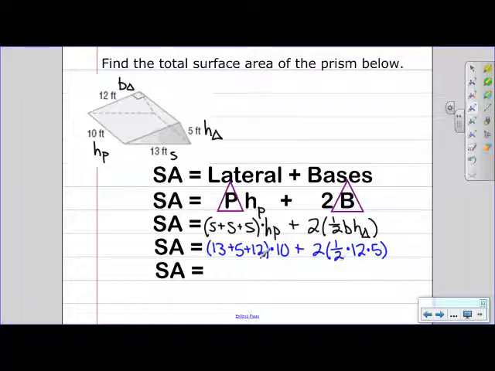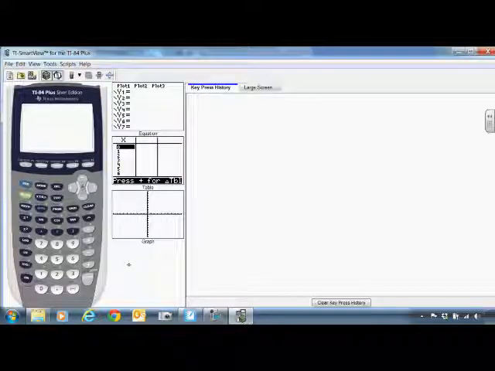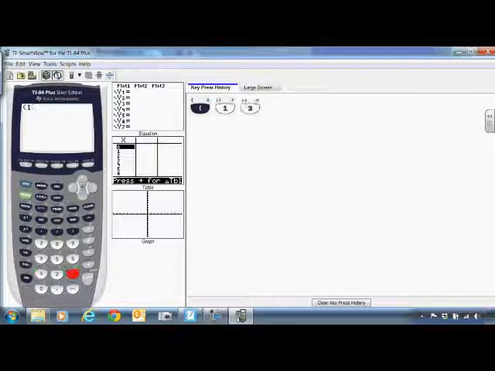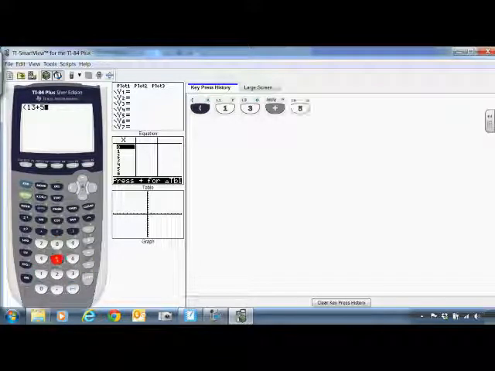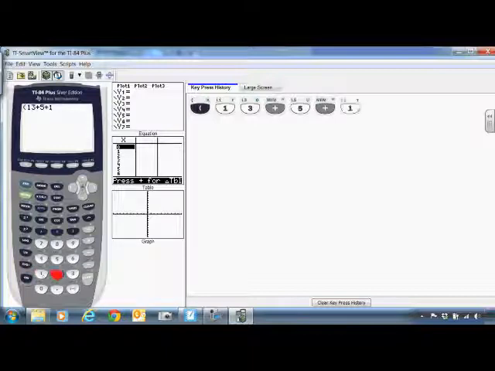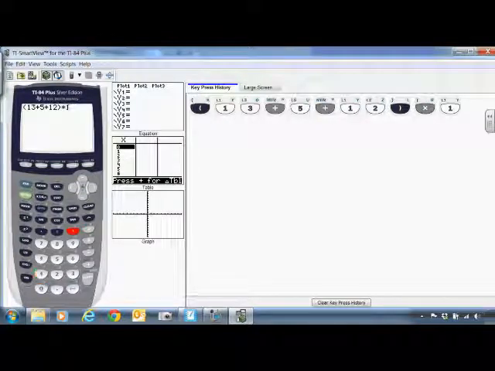Remember that we want to put all of the algebra in our calculator as one expression, so we can minimize any computation errors. So let's see what this will look like in the calculator. Okay, so in the calculator, we're going to put in that one long expression. So parentheses, 13 plus 5 plus 12, close parentheses, times the height, 10, plus the 2 bases. So 2, open parentheses,